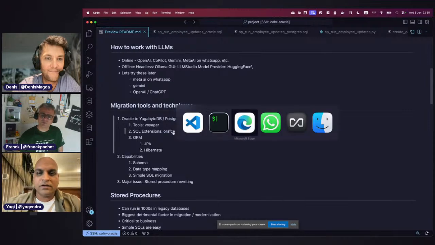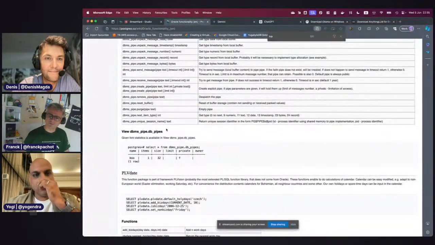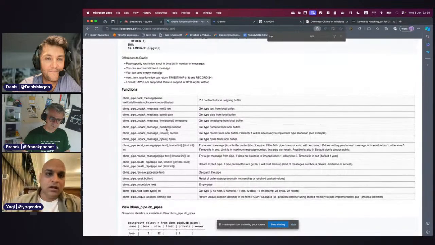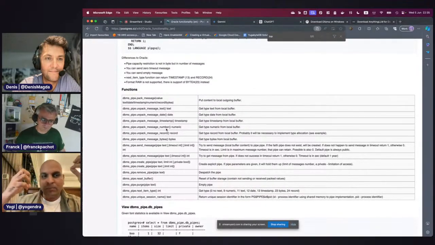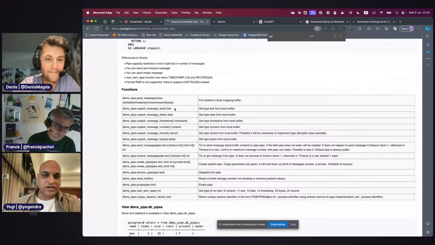There is this thing called Orafce, which is an entire bundle of functions or packages to replicate the same functionality from Oracle on the Postgres side.